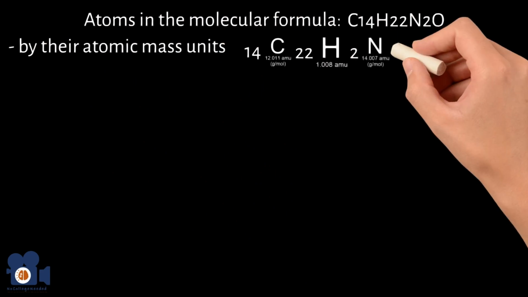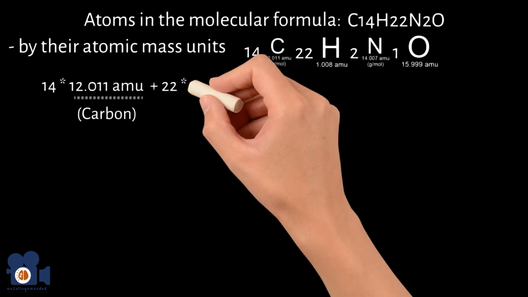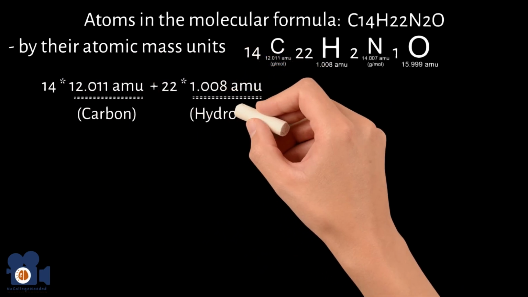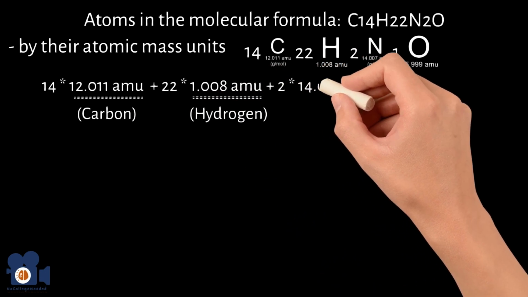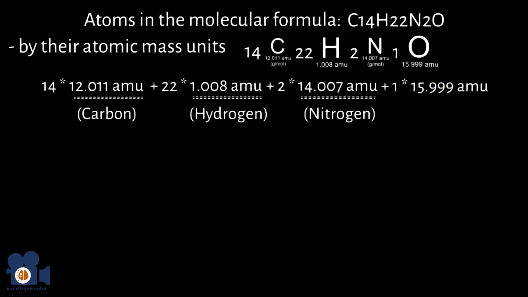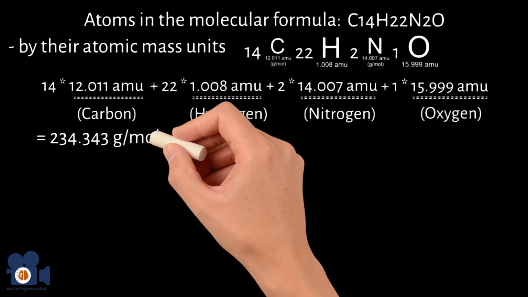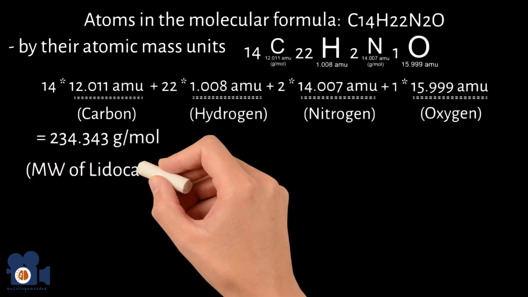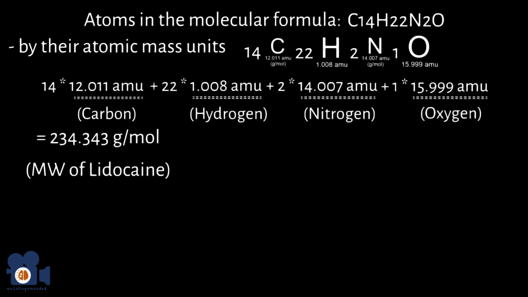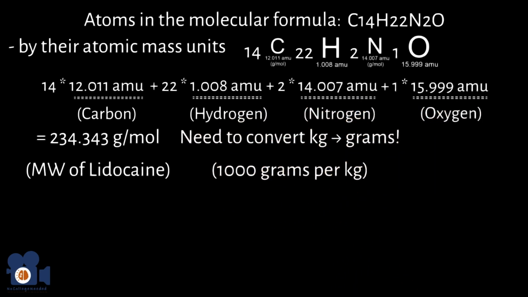There are 14 carbons, which is 14 times 12.011 AMU, plus 22 hydrogens, which is 22 times 1.008 AMU, plus 2 nitrogens, which is 14.007 AMU, plus 1 oxygen, which is 15.999 AMU, coming out to 234.343 grams per mole, the molecular weight of lidocaine. Once you know the molecular weight, you can calculate how many moles you'll need. Remember, the molecular weight is in grams, so you have to convert kilograms to grams, which is 1,000 grams per 1 kilogram, and then divide by the molecular weight to get